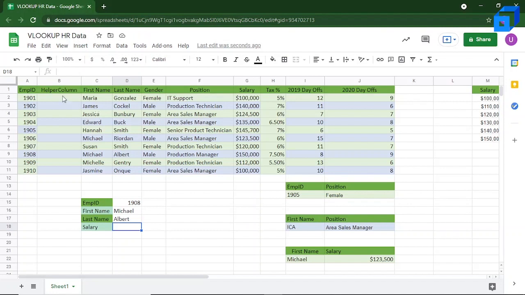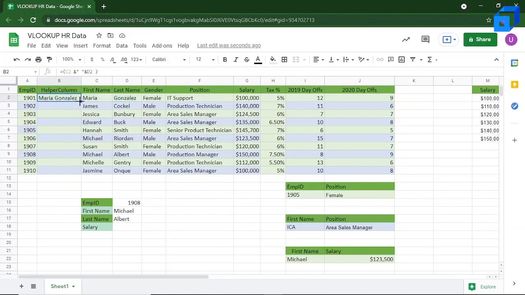And now the helper column value will be equal to this, then a space, and then this. Select this now. So now we can see that the value over here is Maria Gonzalez.